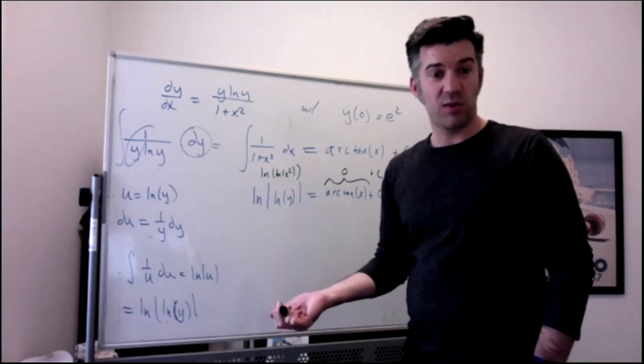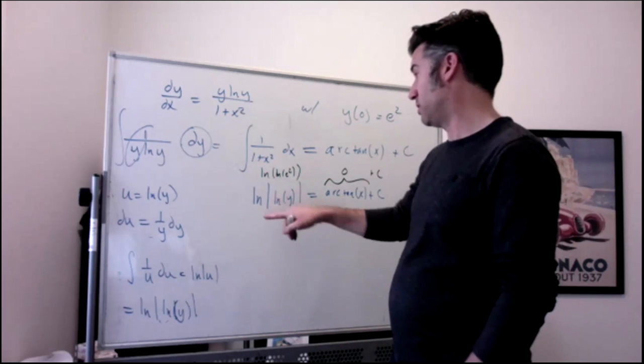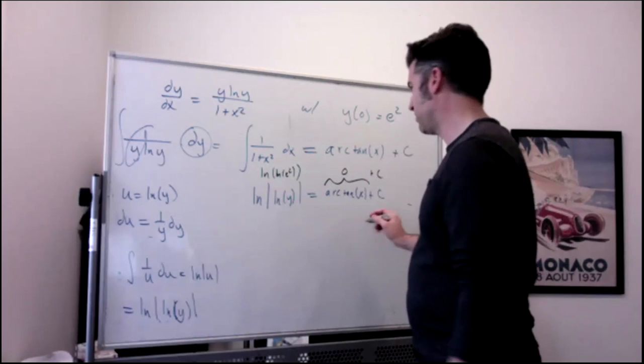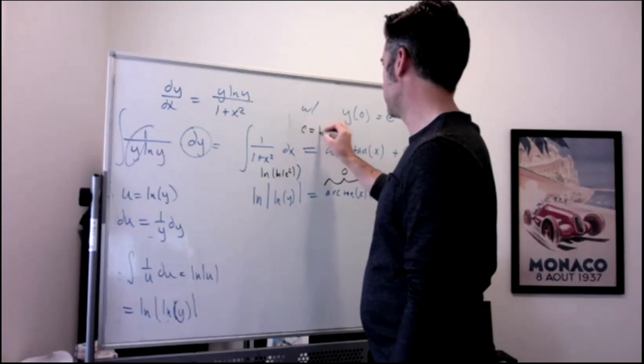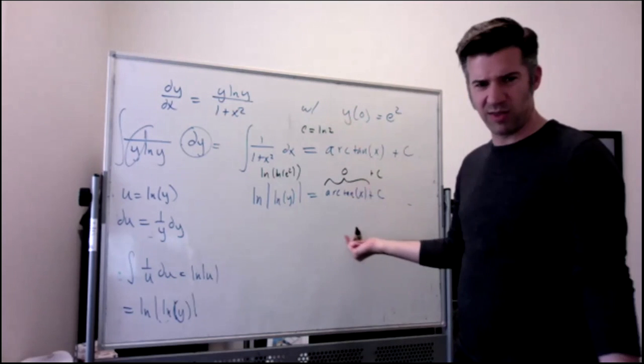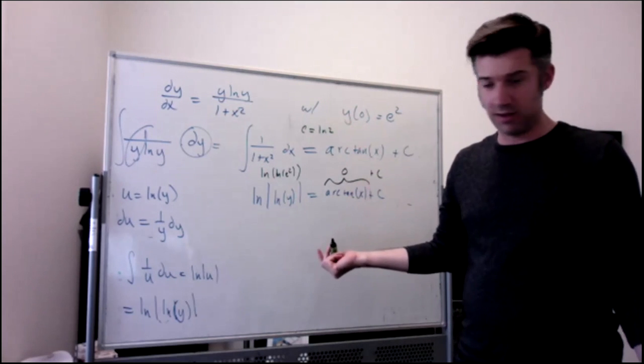Natural log of e squared is 2. Natural log of 2 is natural log of 2. So I'd have c equal to natural log of 2. The problem with that is now I have to carry that the whole way through, and I might not actually want to do that. So while I could,